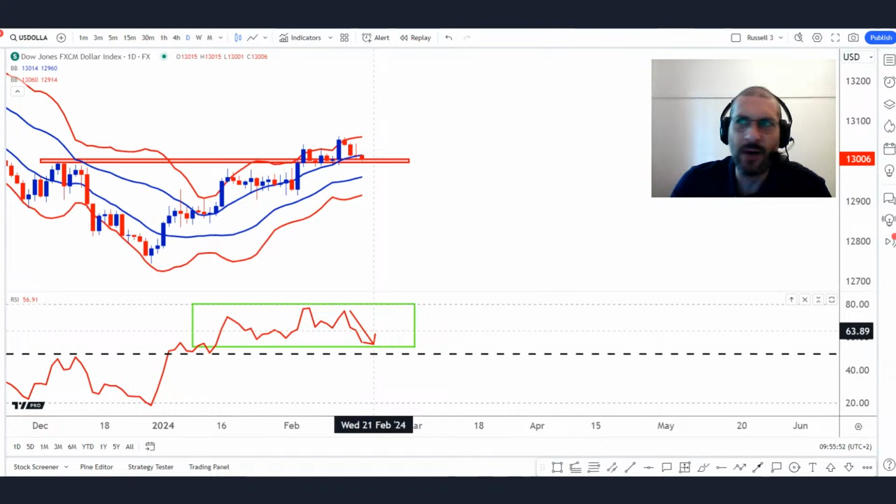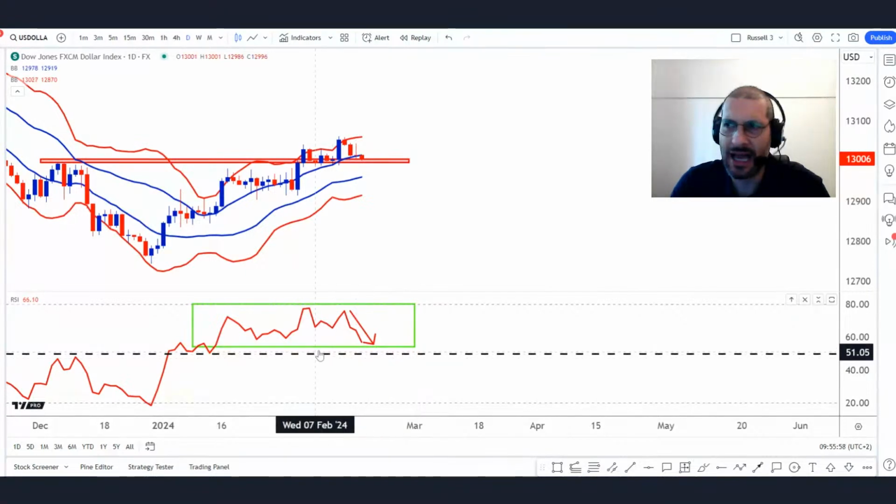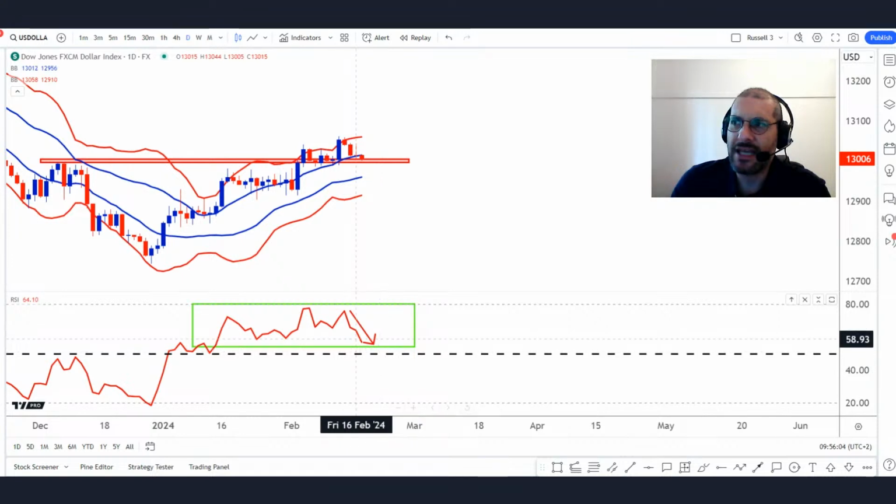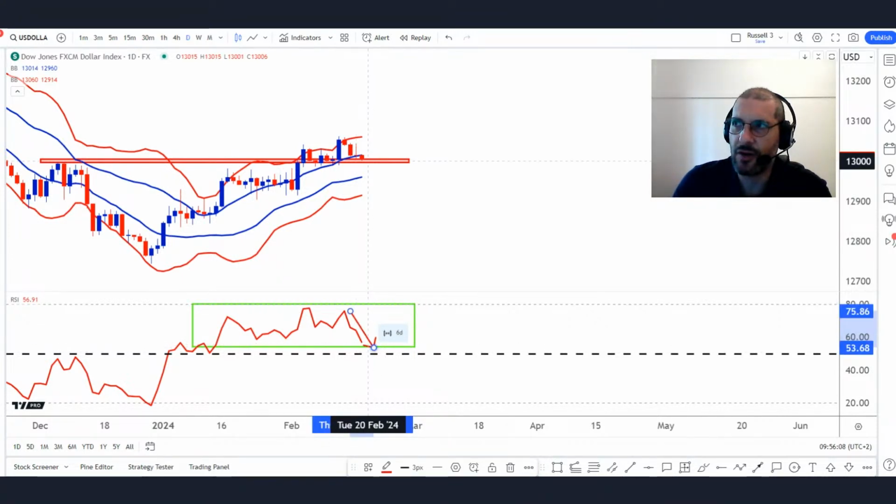It's just an easy way of seeing the momentum. It's visually easier, but it's derived from price. I like it because of the visual appeal that it has. But the idea is, what happens if the support doesn't catch? What happens if we do go through support? What happens if the RSI goes below 50? Well, that is possible.